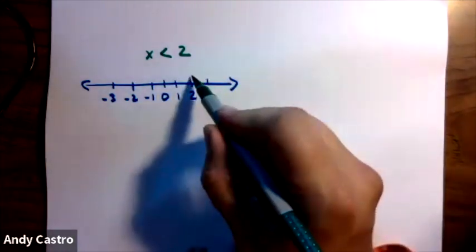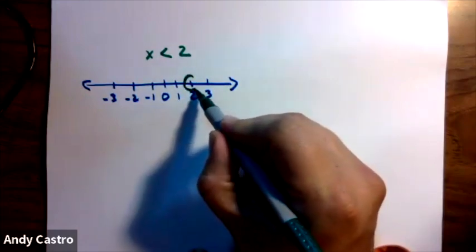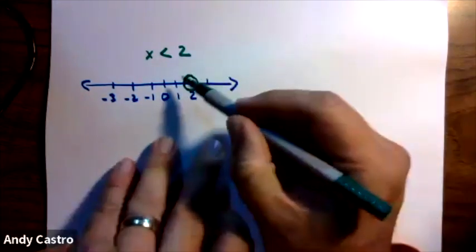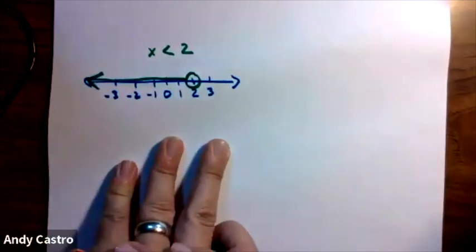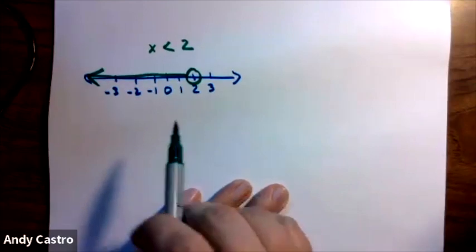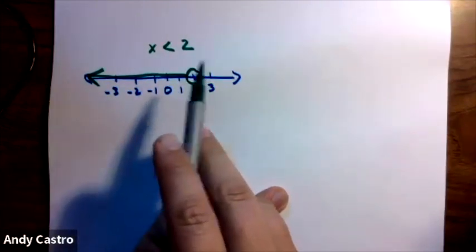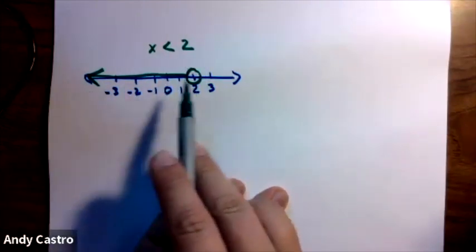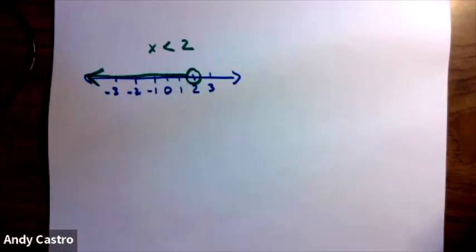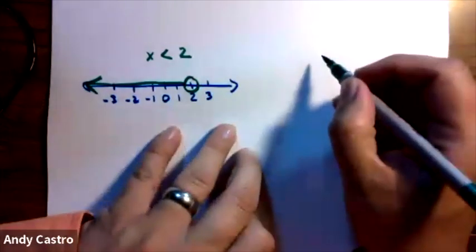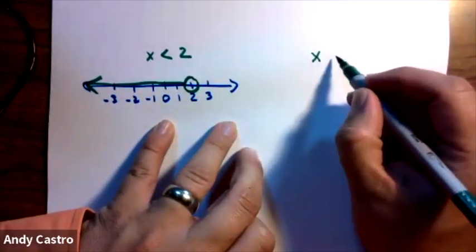And so we're going to put an open circle at 2, and then we're going to fill in everything to the left. And that's how we graph that. Anything less than 2. Open circle means it can come all the way up to 2, but it can't be 2. Okay? And that's going to be different, let's say, from the graph